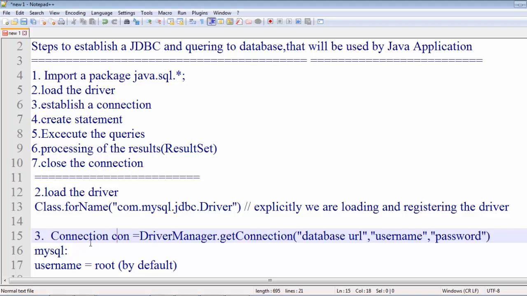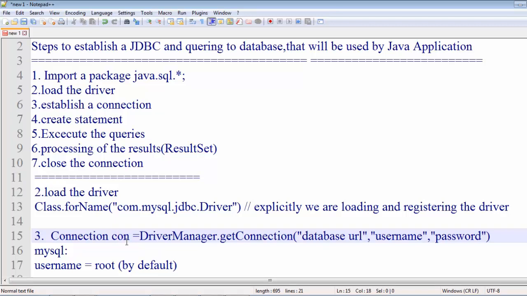So we can't say that con is an object, because if we want to create an object, we have to create it with the help of new. But Connection is an interface and this is a reference of the interface. So we can create a reference to the interface in Java, and this getConnection method will return an object, and this object will be referred to by this Connection reference. So indirectly we can say that we have created a connection object.